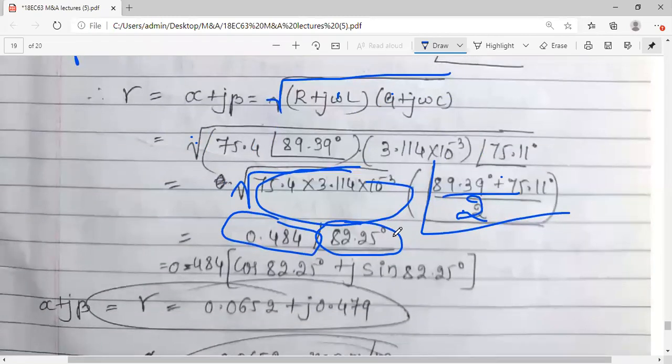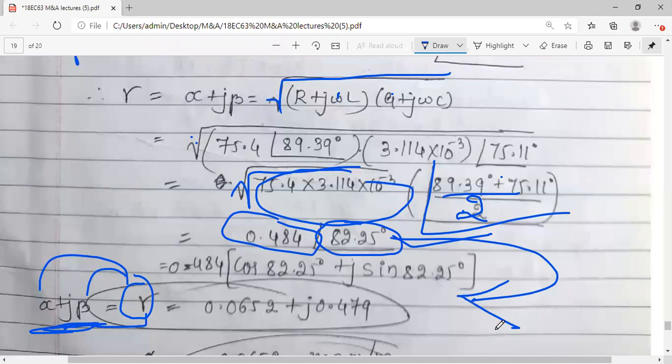82.25 degrees. And the answer we have got is in polar form. So it is your wish. If you want, no, it is compulsion, because we have to further calculate alpha and beta, right? So gamma should be expressed in rectangular form. So whatever answer you have got, convert it back to rectangular form. How will you do that? I have written here, you can see how to get that.